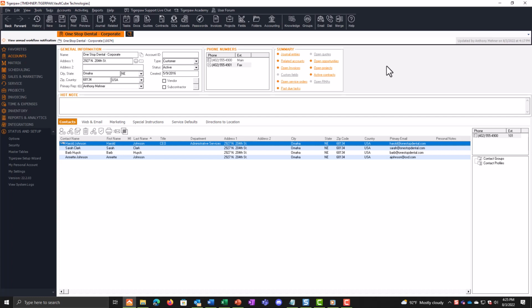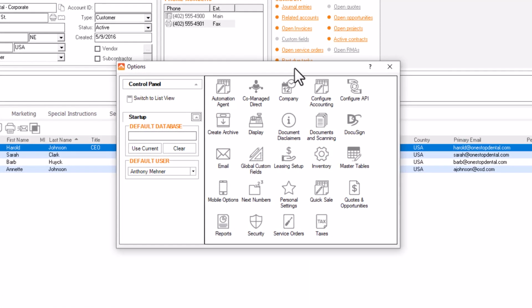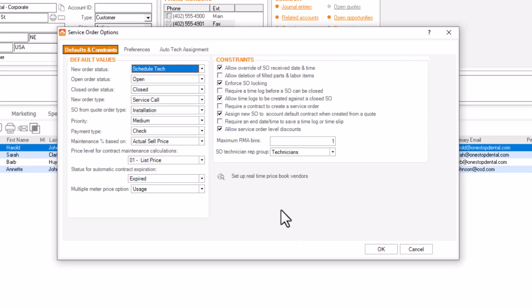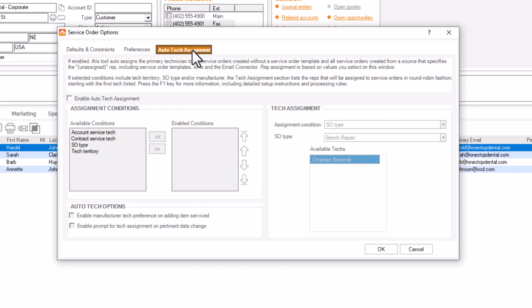With my conditions set, it's time to set up the Auto Tech assignment rules. This is done in the Options menu. I will click Tools in the menu bar and select Options to open the Options window. I will then click Service Orders to open the Service Order Options window and navigate to the Auto Tech Assignment tab. The first thing I will do is enable Auto Tech Assignment here, which activates the other options on this